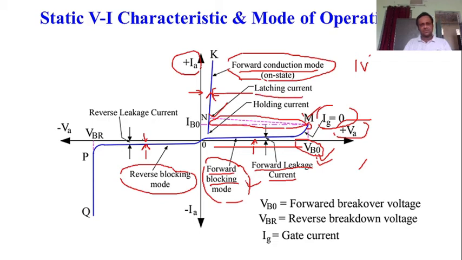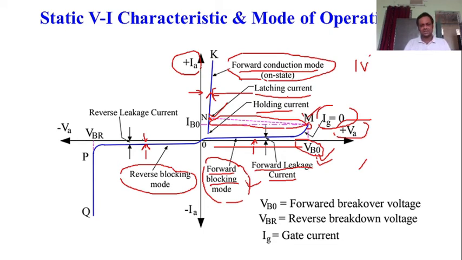Here we have two terms, latching current and holding current. The latching current is related to the turn on of a thyristor at point N. At a point just above point N, we can consider the latching current. It is the minimum current required to turn on the thyristor, below which your thyristor cannot be latched up. If it is not achieved, your thyristor is not going to be turned on. So somehow, by some means, your anode current must be made above the latching current. That is the condition of turn on.